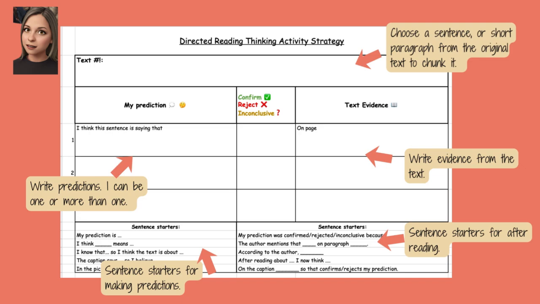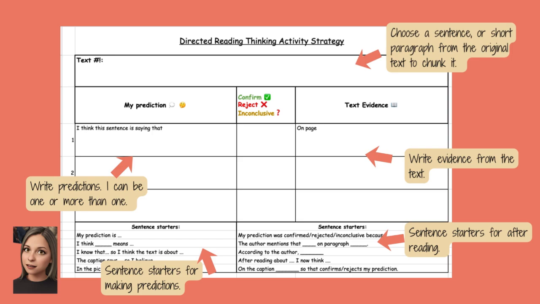If you're chunking the text on this organizer, you could add a sentence or more sentences from the original text so students only focus on that part of the text. You could also type a modified version of the text. Or if your students don't need chunking or modifications, you could type on the first box where it says text, you could type the title of the text that you are reading, or you can write read paragraph 10,